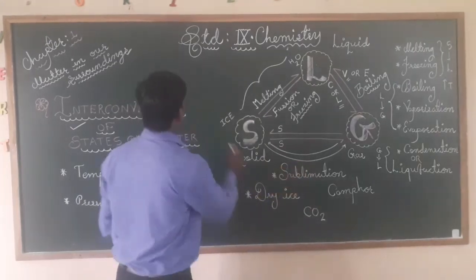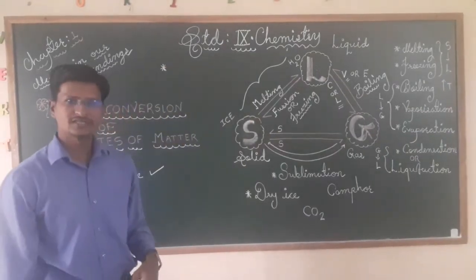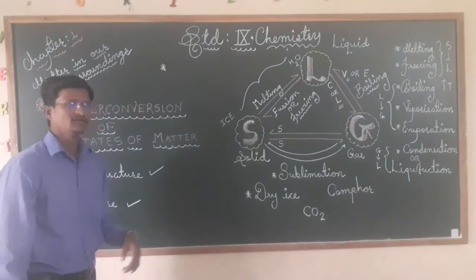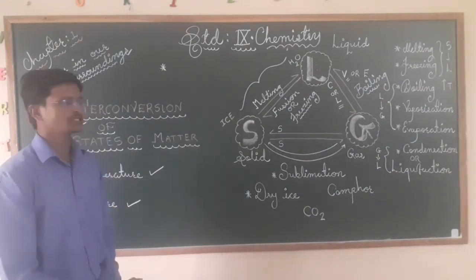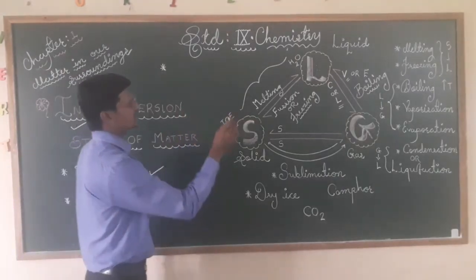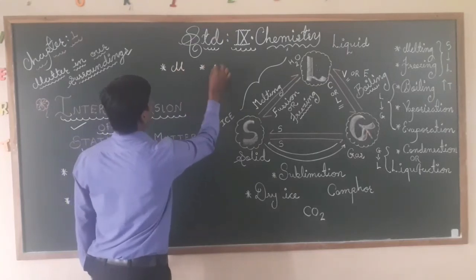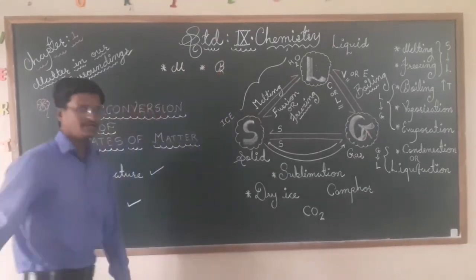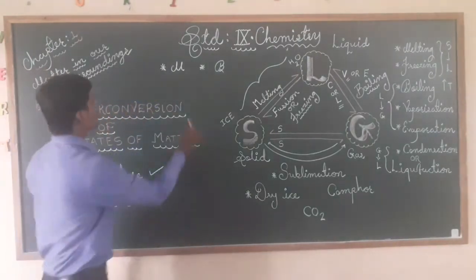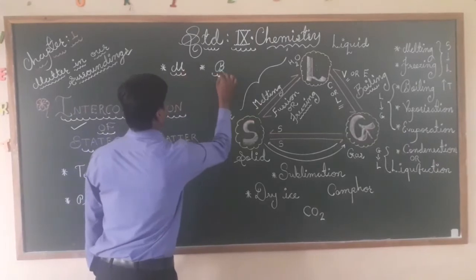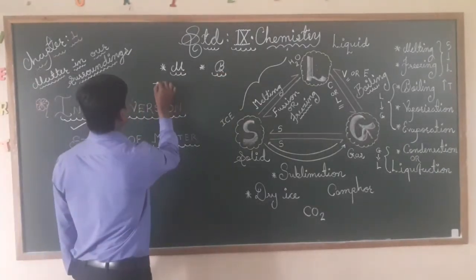Now my dear students, in your textbook different processes and experiments are given. Go through them once and see the activities given in the textbook. In them, different states are mentioned: melting is mentioned and boiling is mentioned. Differentiate between melting point and boiling point. What is melting and what is boiling? Boiling and melting are totally opposite.